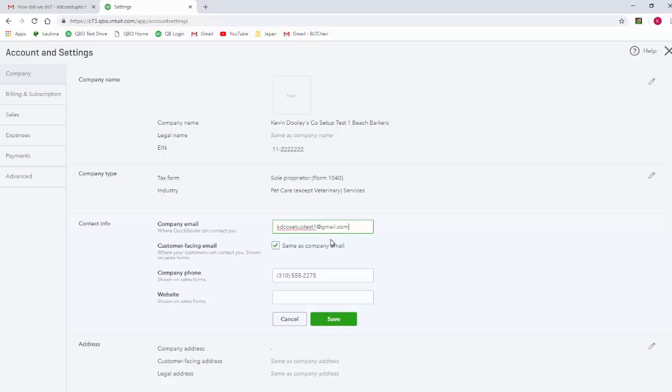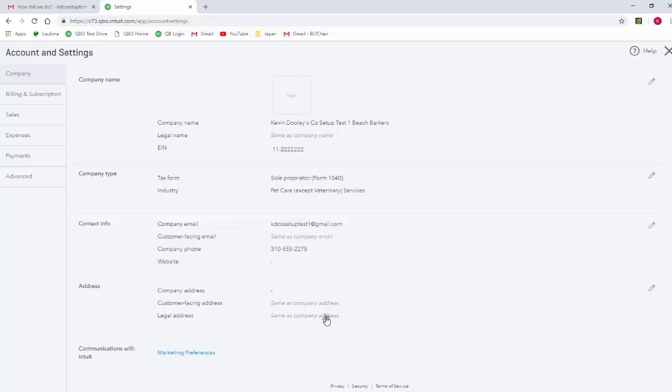So then I go ahead and accept that, save, use my company setup information here, and my email, if I were to use it, it's going to say that. Company phone setup here. And if not there, then I'll go ahead and type it. And don't want to set up a website because QuickBooks doesn't accept false website addresses. So I'm going to save these settings here. Now I'm in pretty good shape so far. So I'm going to move on to my next step,